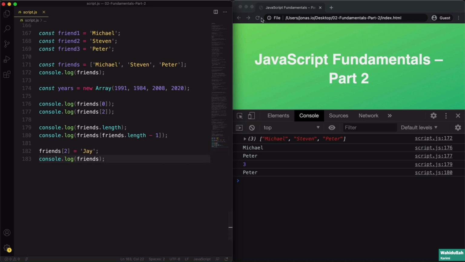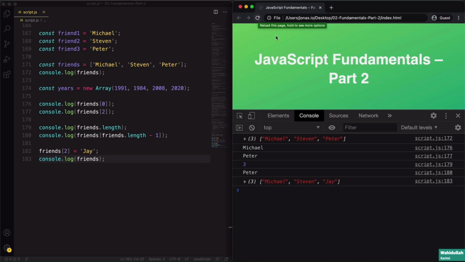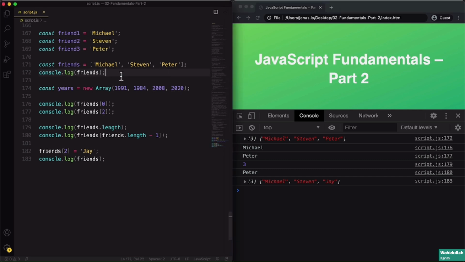Friends, and let's see. And indeed, the element number 2, so this one here, is now replaced with J. Okay, so in the beginning, when we first logged the friends array to the console, it was still in this state, so it still had Peter, and that's why here in the beginning we still see that original state. But then as we move on through the code, at some point here, we change that array. And so when we then log the array again, that change is of course reflected here in the output. But wait,